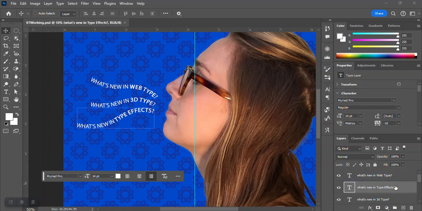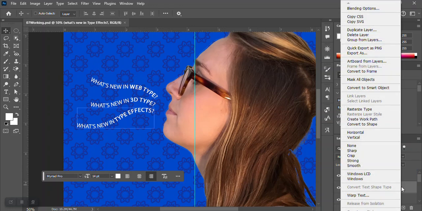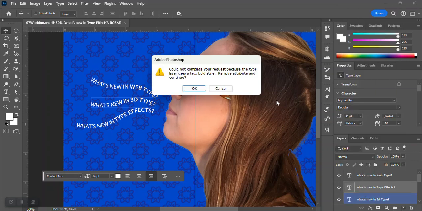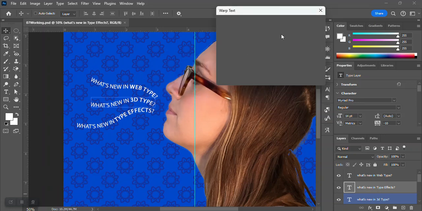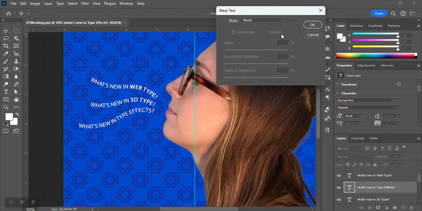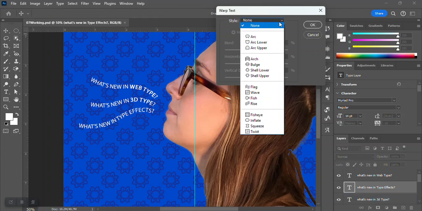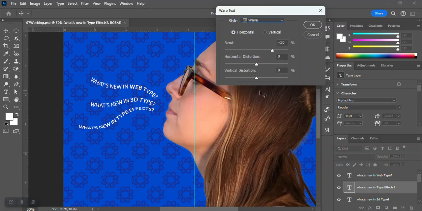All right, so on one of your type layers, I think you're going to end up doing this for all three of them, okay? But on one of your type layers, if you right click, there is a warp text option, okay? And if you have to end up removing the bold from that, that's fine. It's not a big deal. All right, so basically the warp text is this, okay? It allows you to choose a certain style. And then once you choose your style, like if you're going to do a wave with this text, all right, you could tell it